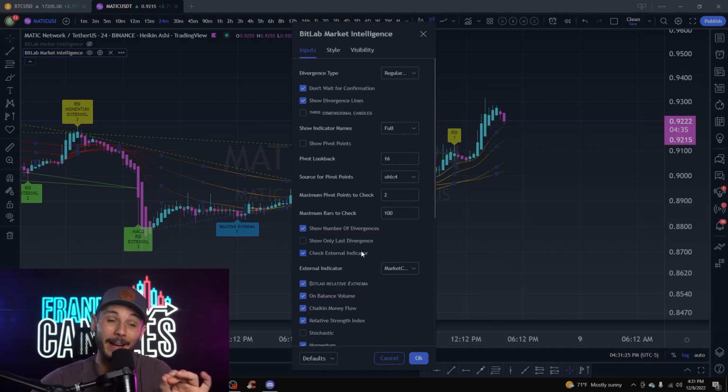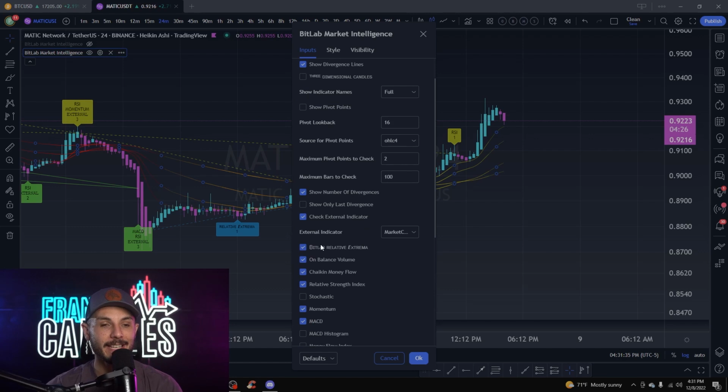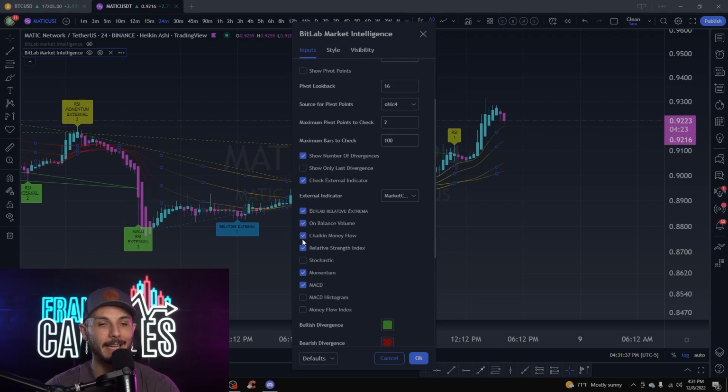That is probably my favorite part of this indicator, is that you could check external indicators for divergences. Super, super cool. And you can see here, these are just all the preset indicators by default. All of these will be checked. The BitLab Relative Extrema, which is another BitLab indicator. And then we have the on balance volume, the Chaikin money flow, relative strength index or RSI, stochastic momentum, MACD